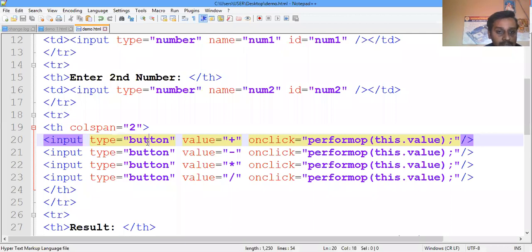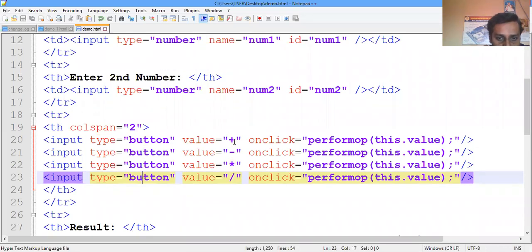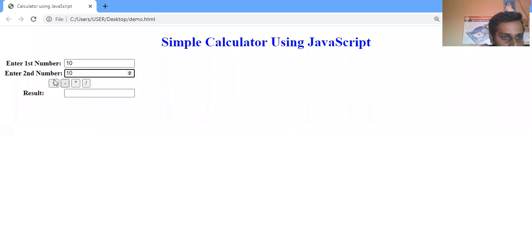We have four buttons, button 1, button 2, button 3, button 4, given with plus, minus, multiplication and division, as you can see in the output screen. These all four we call buttons.